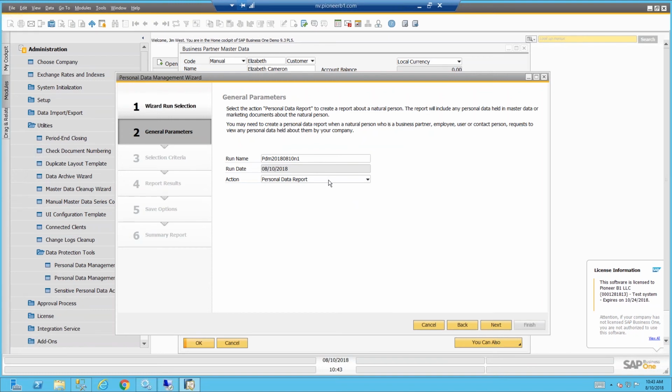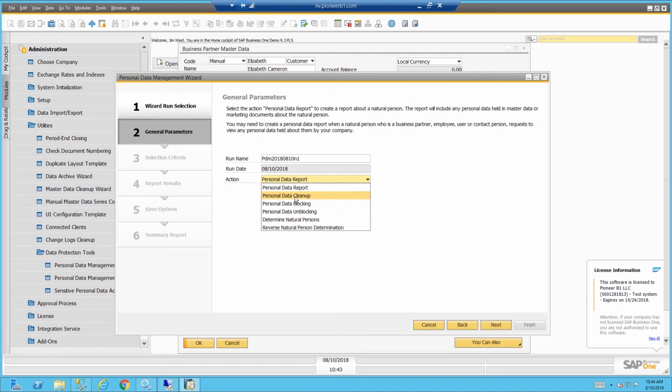First, as required by the European Union, if a person requests from a company a report of what data they hold, the company has to be able to provide it. And this is why they created the personal data report. And that will allow you to create, to print, and to email a report that will show that person all the data. The other thing, it allows you to do all kinds of batch updates